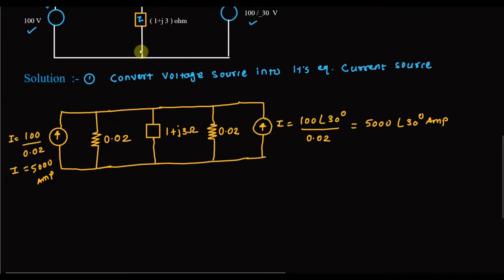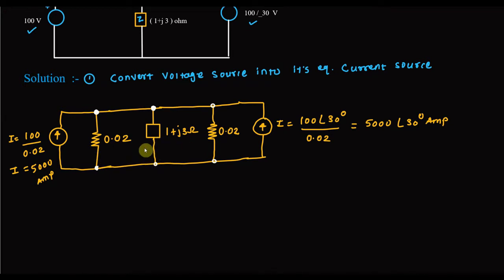Okay, so we will see here. You can see that this is a node, yes, because one resistance is connected here and one source is connected. So this is a node. This is also a node here, because you can see that one element is connected here and these two wires are connected. There is no element. This is also a node. And you can see here this is also a node, this is also a node, and this is also a node. So there are so many nodes here.